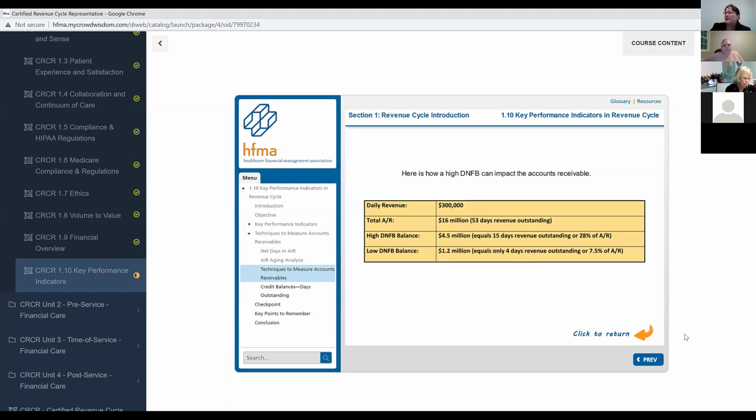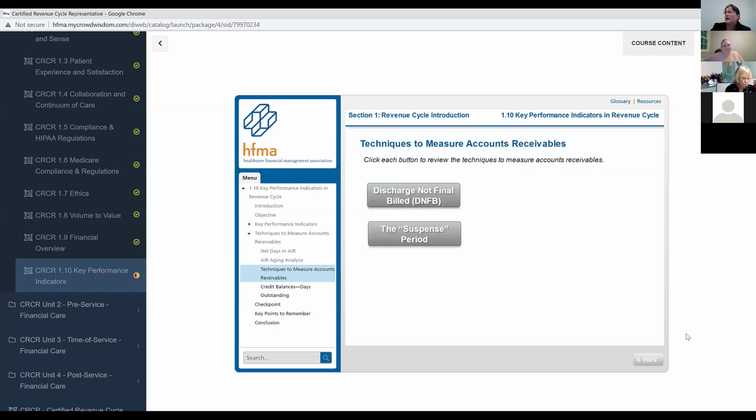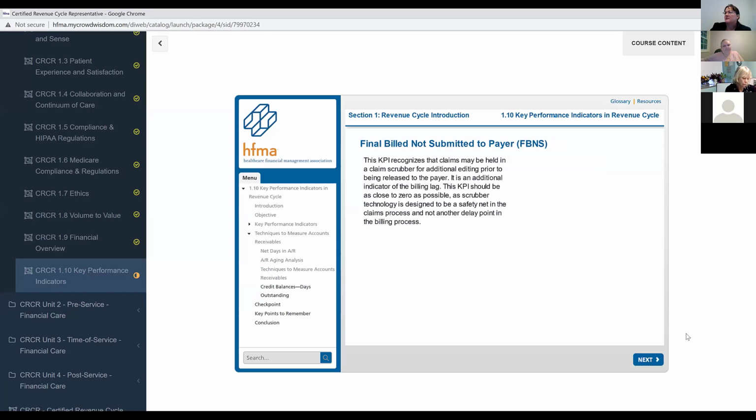You definitely want to keep an eye on that, because it really should not be. It should be as close to 0 or 0 because of the technology and everything. If you've released it to the scrubber to be sent out to the various payers, you've done your legwork. But of course, some do bounce back. They do have their built-in technology as well. So you want to make sure you're working those as quickly as possible, so that you get